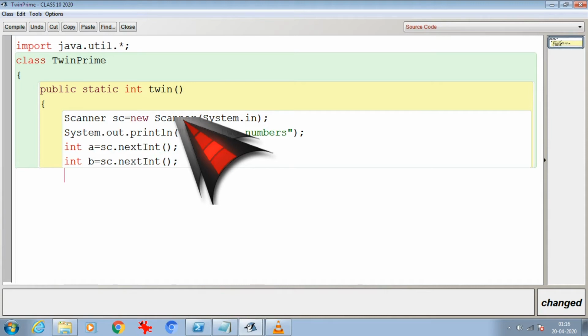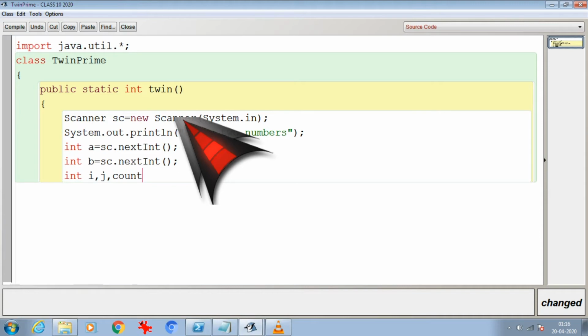Now I need to check whether they are prime or not, so I need some variables for that. I am taking the variables i, j. I'm going to count how many factors they have.